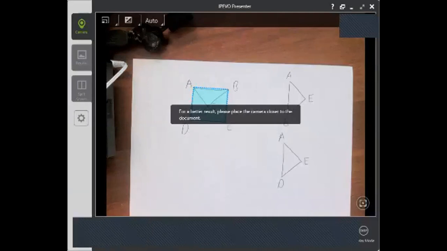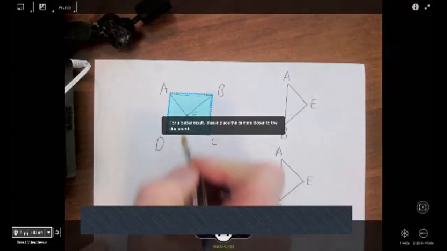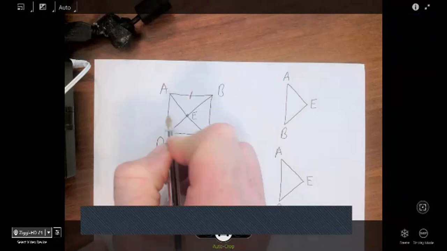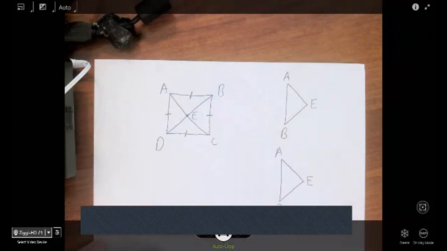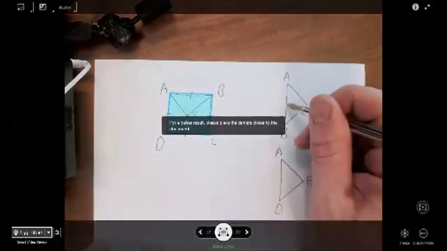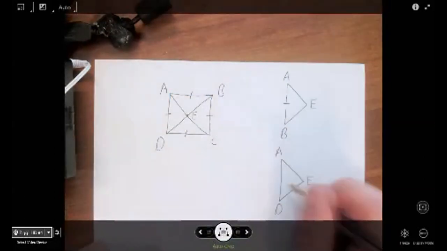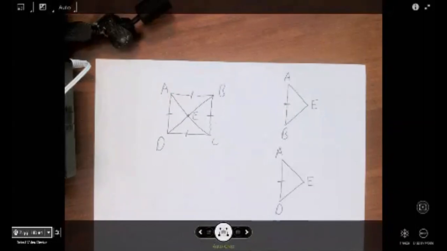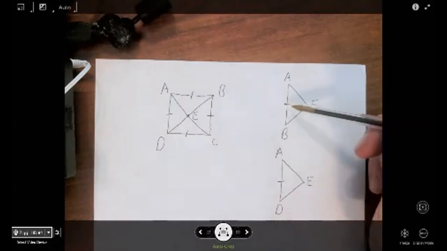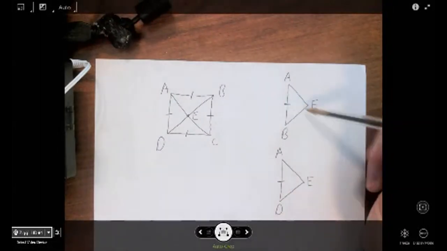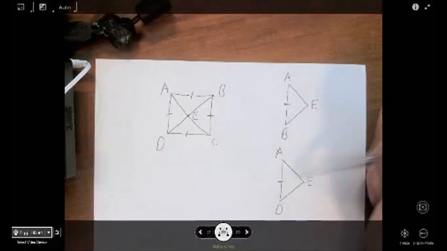Okay, so what do we know about a square? We know that in a square, all 4 sides are congruent. So that's telling us that side AB and side AD are congruent to each other, right? But additionally, the goal is going to be to try to show that these triangles are congruent